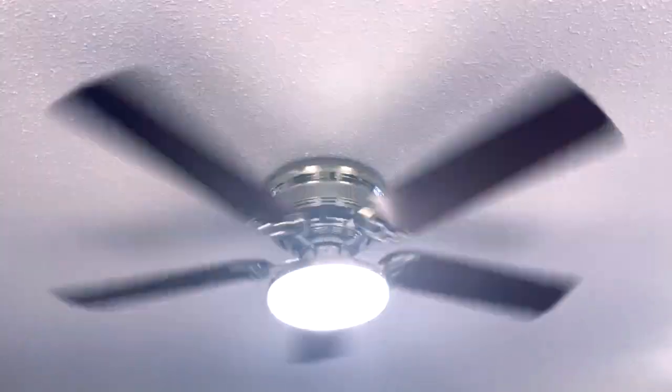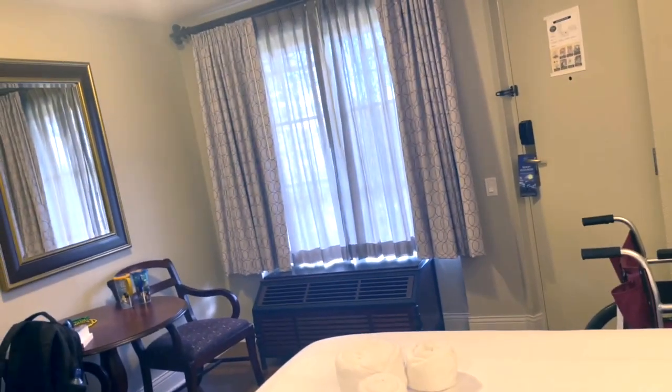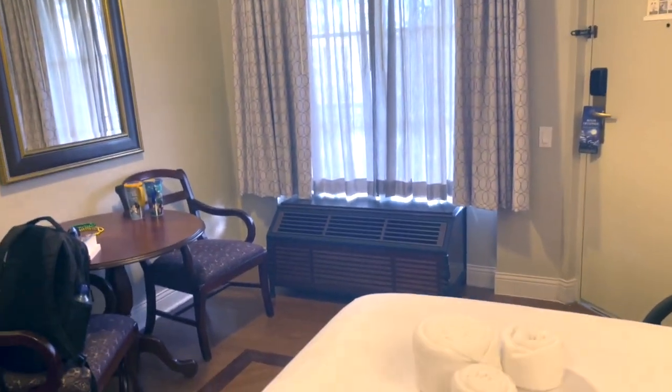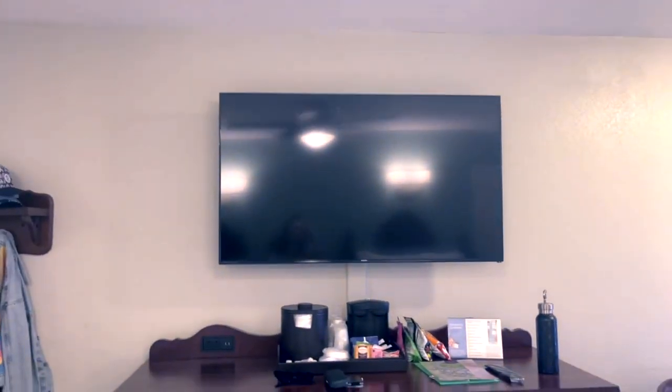So that is an alternative if you find the aircon unit really noisy. It has cooled the room down really quickly though. So it's a great big old piece of kit, and it takes up a big old space, and it's really ugly, but it has cooled the room down really nicely. Standard TV, and then over here we've got